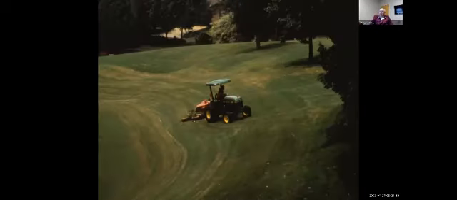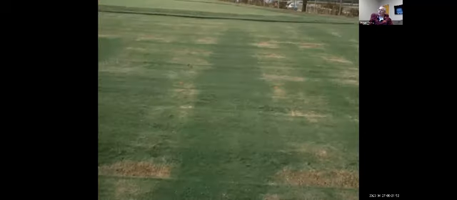All right, so back to benefits of PGRs. When you look at, and this is late season on Bermuda grass, and this is a very common scenario where we start getting this rapid growth of the Bermuda grass due to changes in light quantity and quality late in the season, and due to the fact that the Bermuda grass has run out of space. Well, it starts growing over the top of itself, and you start getting scalping, and PGRs can really help with that scenario. Here's an example.